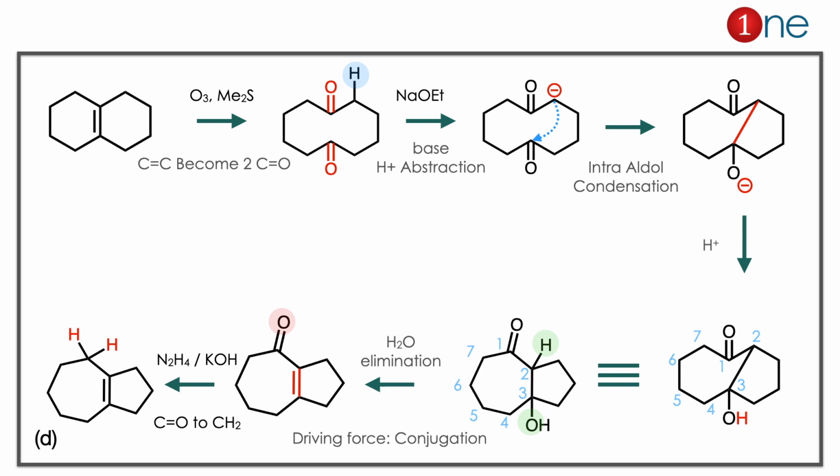Next step, if you are using hydrogen reduction, you get the alkane there. So the defined product is there. So the answer is clearly D: ozonolysis, base addition and hydrogen addition. Here you should know only one thing. You should be the master of the reagent and its role. You should know whether the reagent is opening the ring, closing the ring, or transforming the functional group. So you should master the reagents.